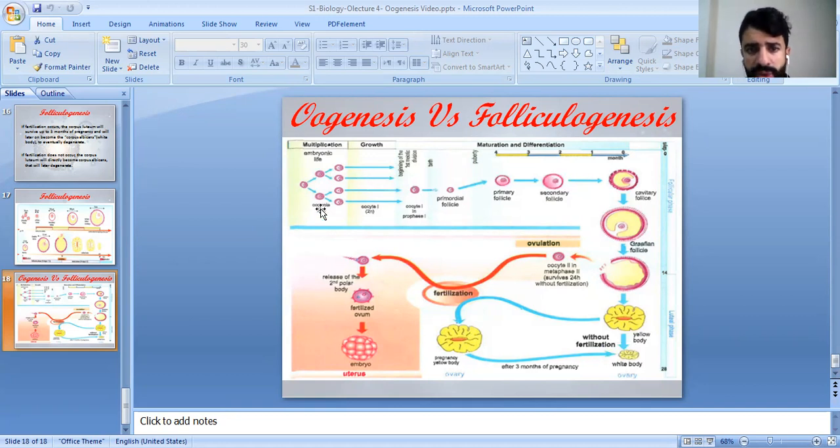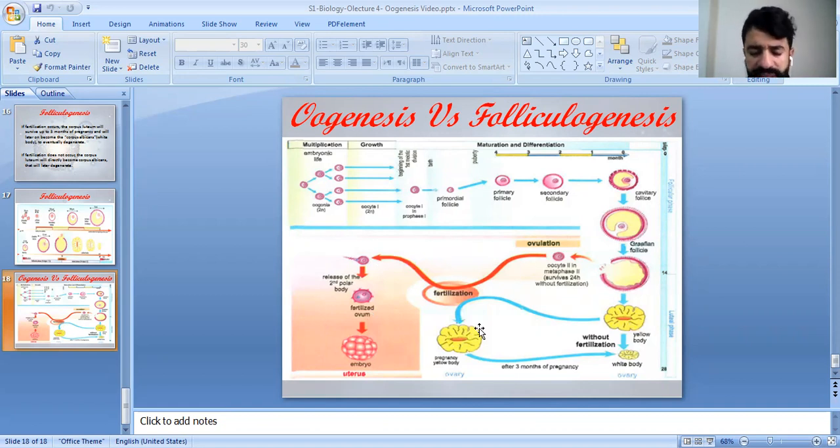So oogenesis will start with the oogonia and oocyte 1. Oocyte 1 will be blocked in meiosis 1 in prophase 1, while at birth we have primordial follicle, and they develop during maturation and differentiation into primary, secondary, tertiary follicles, and on day 14 the Graafian follicle will rupture, oocyte 2 will be released, and if we have fertilization, the release of the second polar body, and the ovum will be fertilized, and we have here the embryo that will descend to the uterus and will stay here, while the yellow body persists if we have fertilization for about